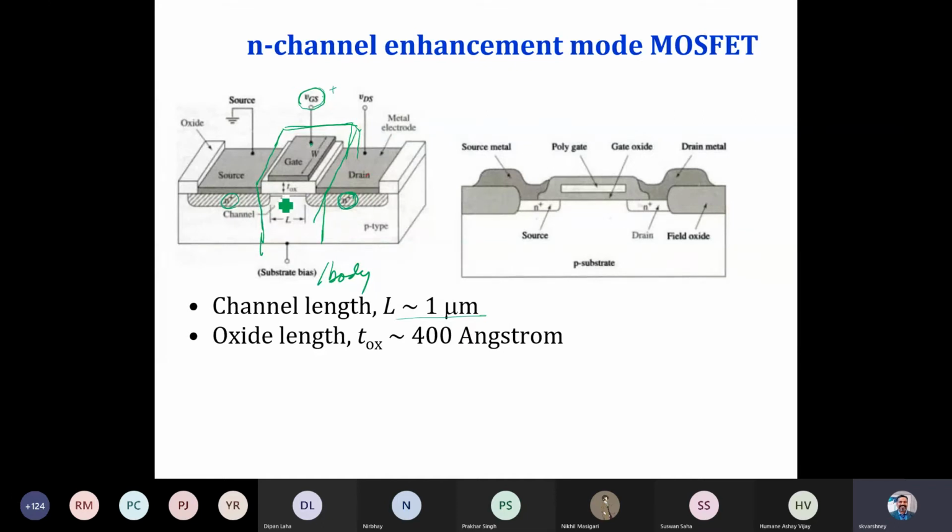They are connected through the channel. When you apply voltage here, you simply create a space charge region, which is a negative space charge region, and the electrons which are minority carriers in P type simply go to this interface.